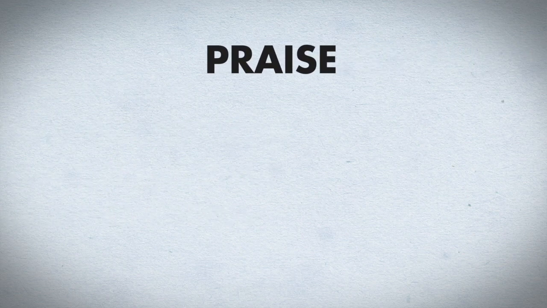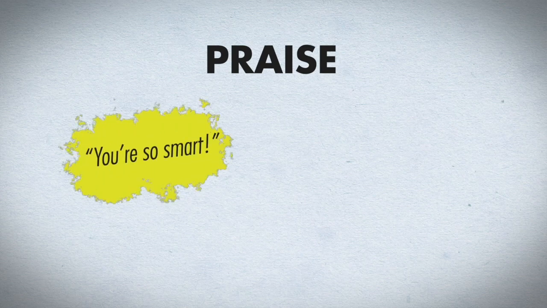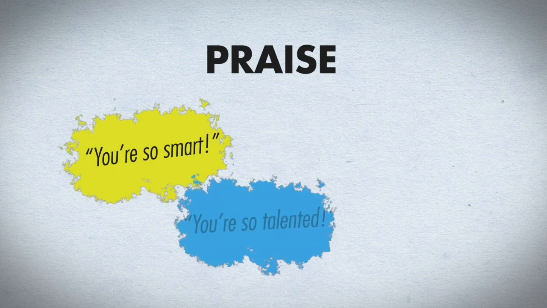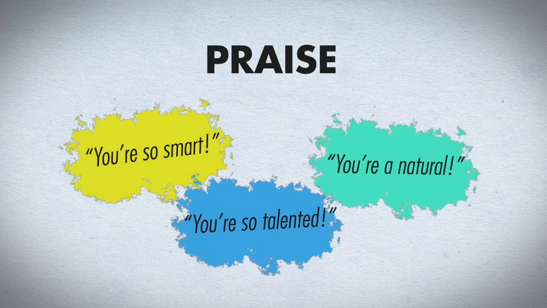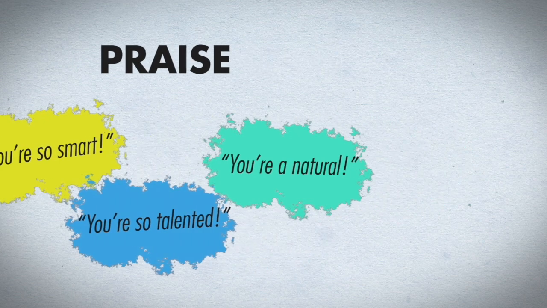The way that teachers provide praise in the classroom can contribute to a fixed mindset. When teachers praise children's abilities and say things to them like, you're so smart, you're so talented, rather than talking about and praising them for the work that they've put in, it really tells the child that what you are valuing and what you're admiring is their intelligence.